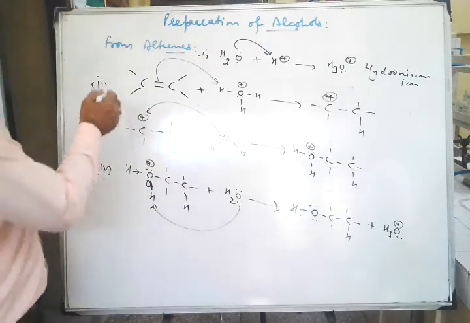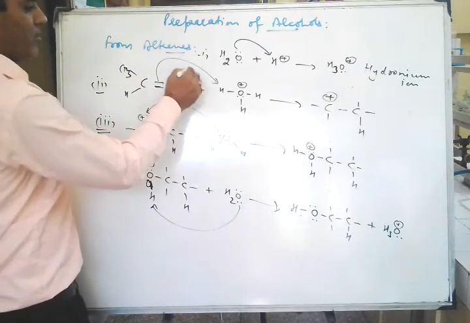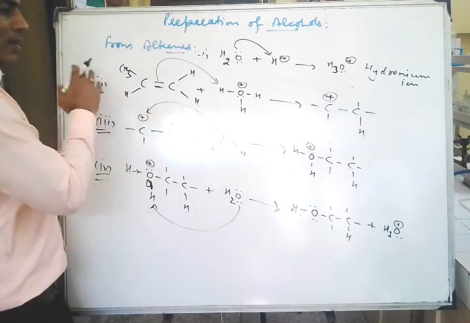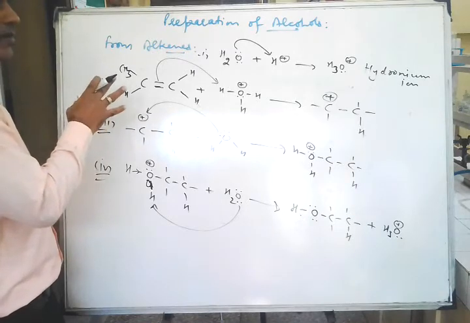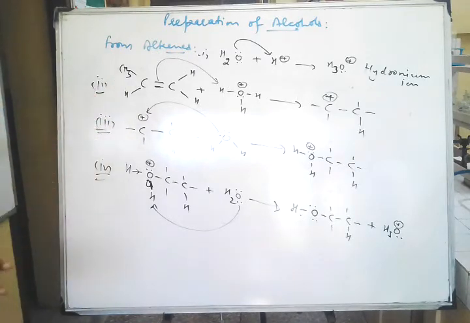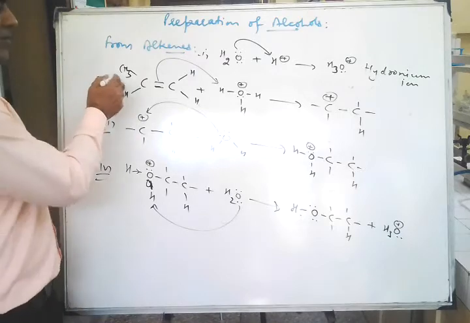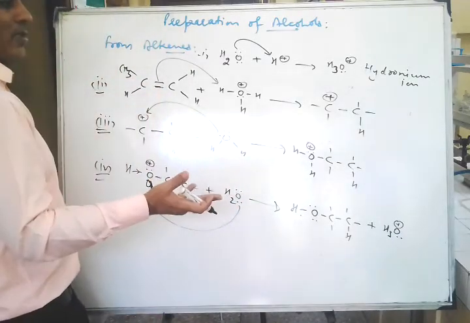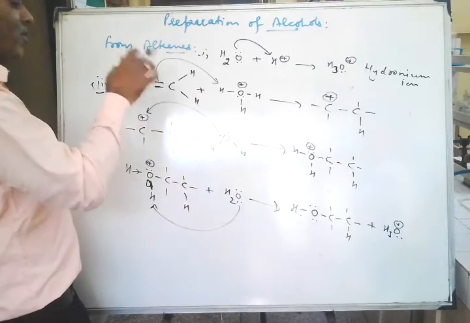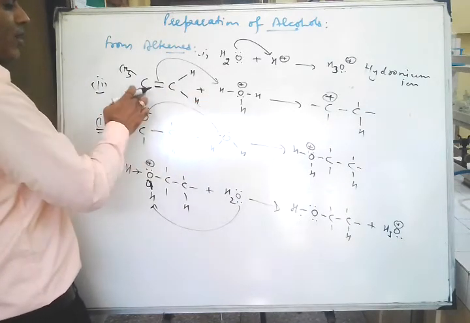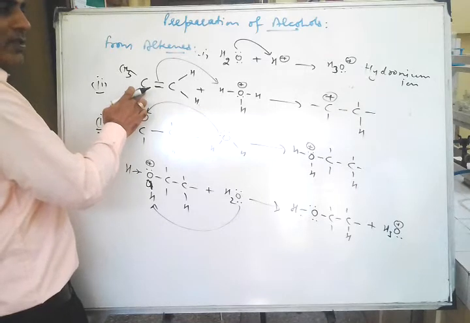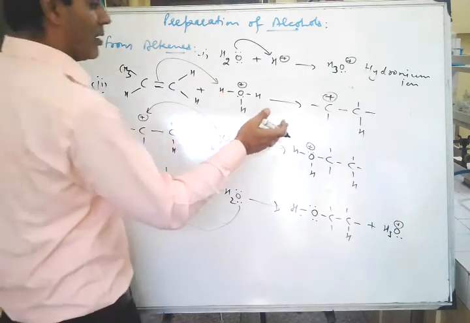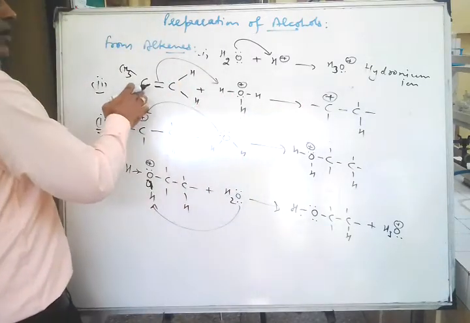Now if I write here CH3 and here H, right? Then this will be the mechanism of formation of alcohols from propane. Because this is propane, there are three carbon atoms. So accordingly you can change it here. And we know that the OH negative ion should be on the carbon atom which has less number of hydrogen atoms. So accordingly you have to change it here, right? That is, OH negative ion should come here.